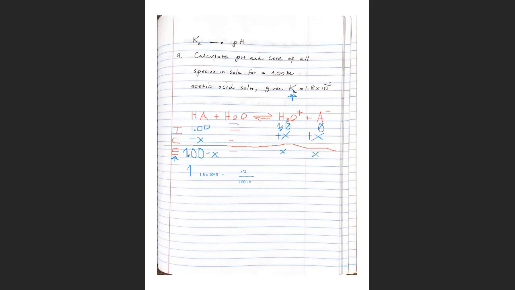From your Ka, the Ka value has to be smaller than 10 to the power of -4. For me, 1.8 times 10 to the power of -5 is pretty small, and also the ratio between your given equilibrium constant value divided by the initial concentration